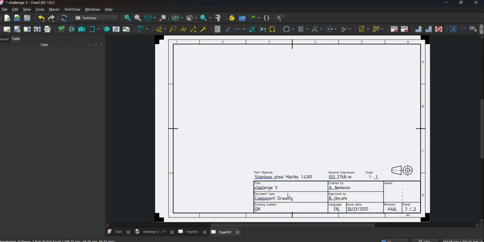Okay, let's have a sectioning exercise. You can also write your name, created by, approved by, my name, and then the date today. All right, so this is now our page where we are going to put our section. But of course, a section will only be understandable if you pair it with its corresponding orthographic view.